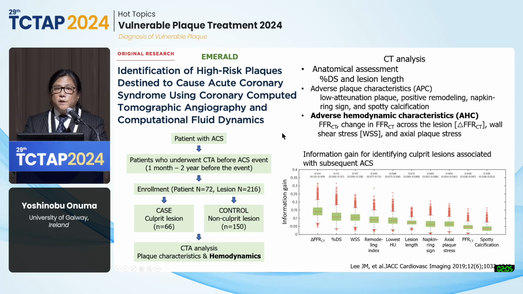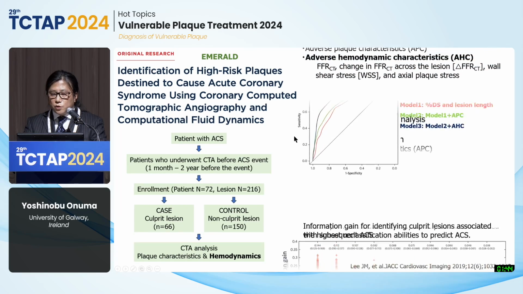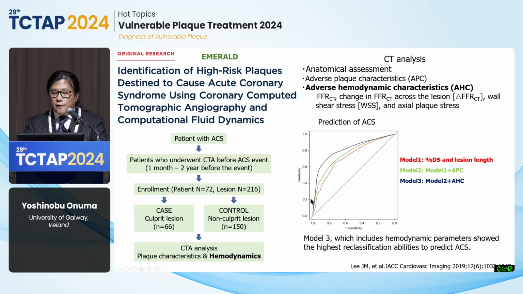Also, Professor Ko from Korea has shown the results of the EMERALD-1 study, demonstrating that the adverse hemodynamic characteristics also have an impact on the prediction of acute coronary syndrome. What are the adverse hemodynamic characteristics? They are the change in FFRCT across the region, wall shear stress, and axial plaque stress. By taking into account these adverse hemodynamic characteristics, a significant improvement was observed in terms of the prediction of